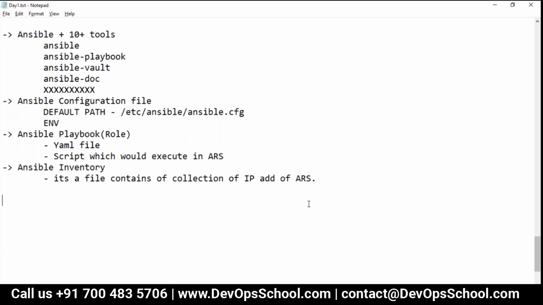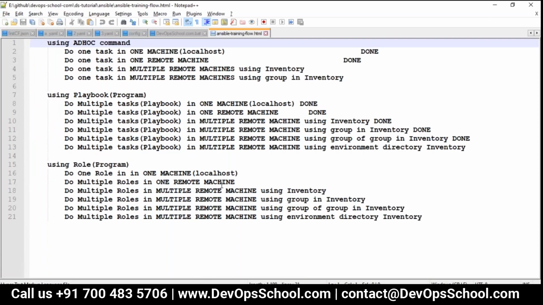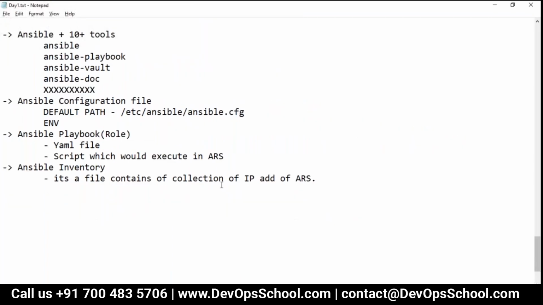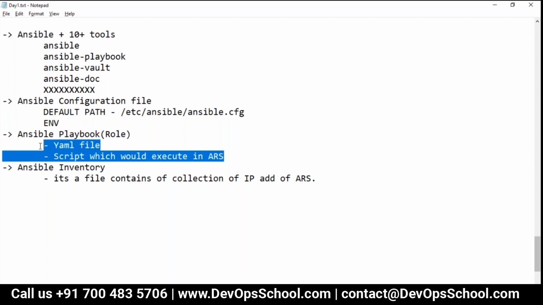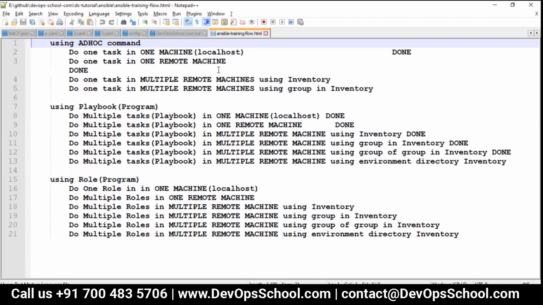By both ways we are doing. Sometimes for a few servers we write a command. For most servers, no, we go for which is easier. Which will be easier if you just want to create a directory or start the services? Which one do you prefer immediately? One line command. Yes, one line command. Yeah, the same thing you're saying, right? Why? I want to do only one thing, so why should I write a script? Because anyways I'm a lazy person, right? Why should I write a script? Can't we do something from the command? So try to understand this. This flow is very important for all of you.